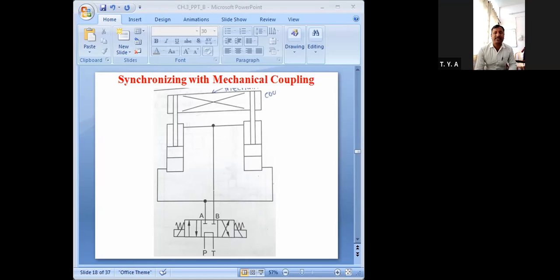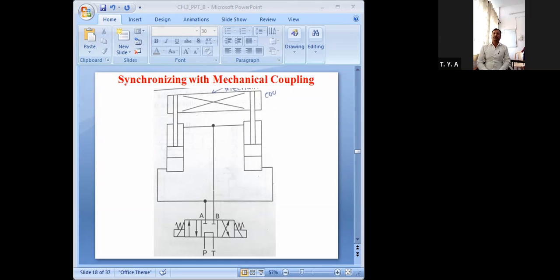And why am I taking this synchronous circuit? Because there are many industrial applications, okay, where they require perfect synchronizing of the movement of two or more cylinders in order to complete some phase of the operation. That means there are many applications in the industries where simultaneous actions of two or more than two cylinders are required. That time this synchronous circuit is used. Getting it? And to accomplish this identical task, the cylinders must work at the same rate. So this synchronous circuit is perfect, and is employed for that application only.